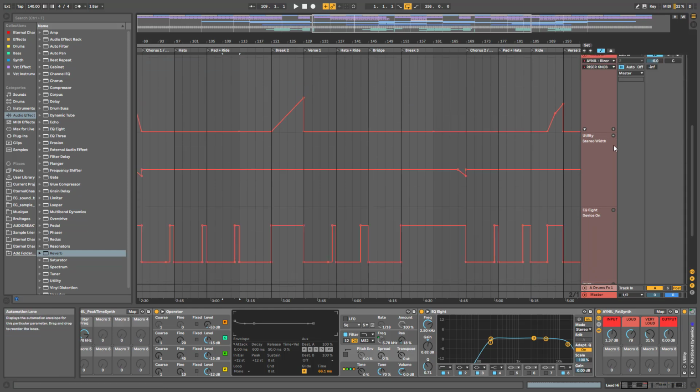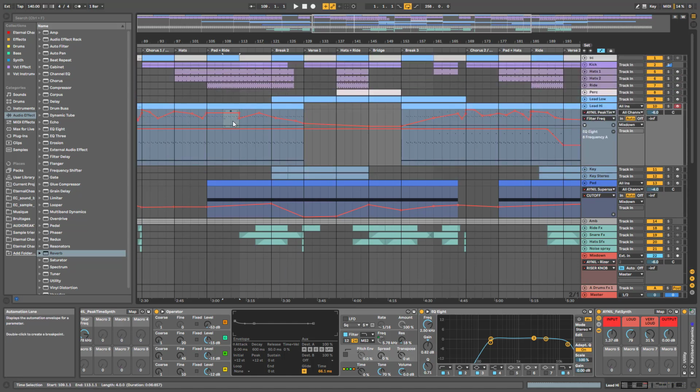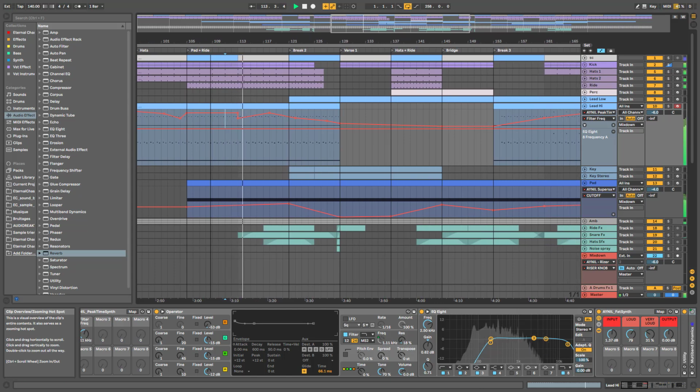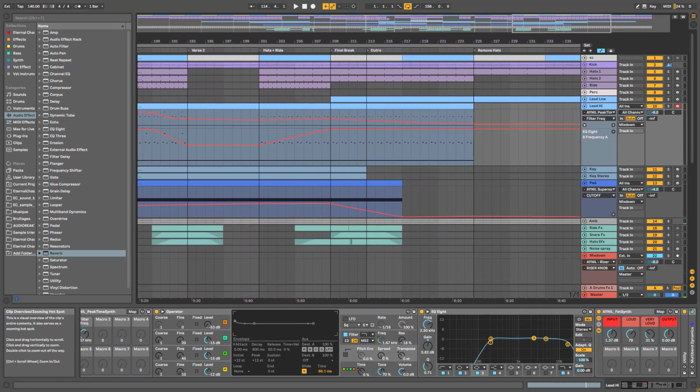I'm going to get rid of all of this stuff because I don't really need it. And I bring it back with a filter down. And yeah, I automate like this, how I feel. You see, it's nice as well sometimes to